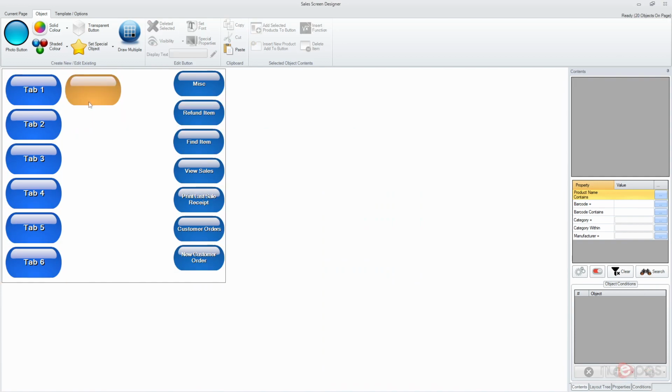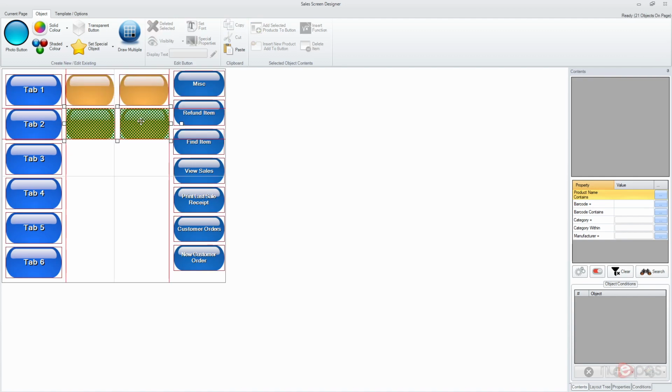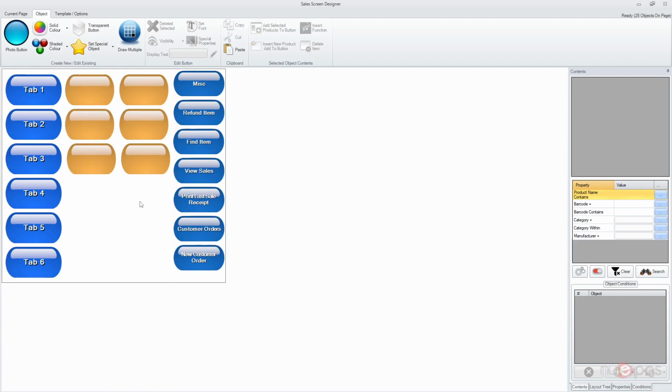So if tab 1 is to be beers, for example, you would put all the beers on here, right? So let's just make them a bit smaller, like that. You'd probably have a lot more buttons on, and you would shorten or get rid of all these buttons on the right-hand side. But just for the purposes of demonstration,